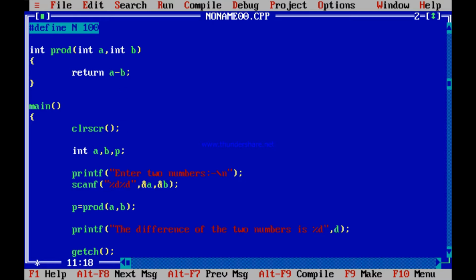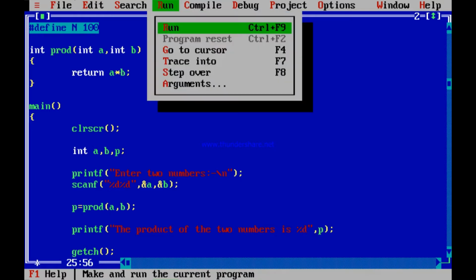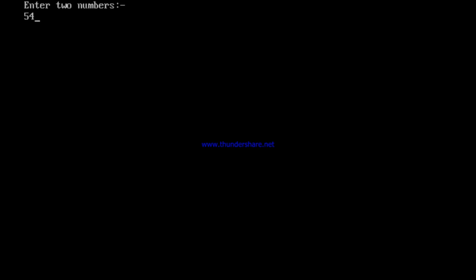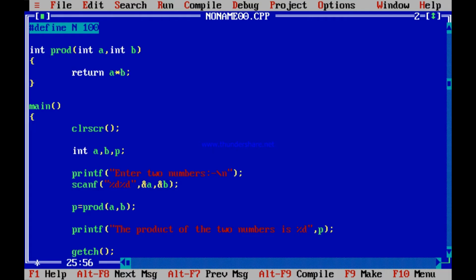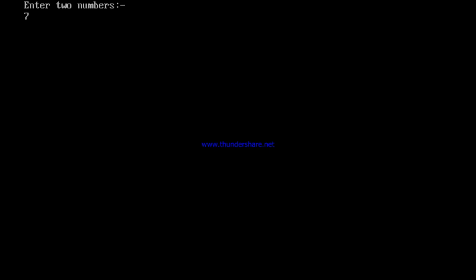In the product, you don't return a minus b, you return a into b. Then p you receive, then not the difference but the product. So these things will work absolutely fine. Where will I fail? Why am I going through all this? You run this. 54, 45 again will give you a big number, 2430, you can check out. You can check with a small number, 7 and 6.